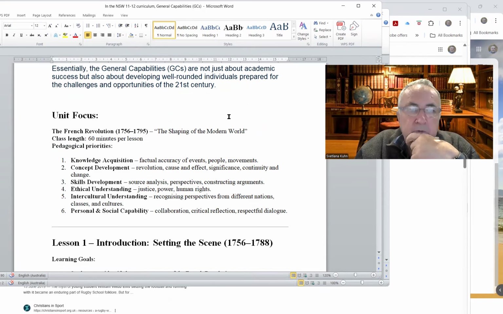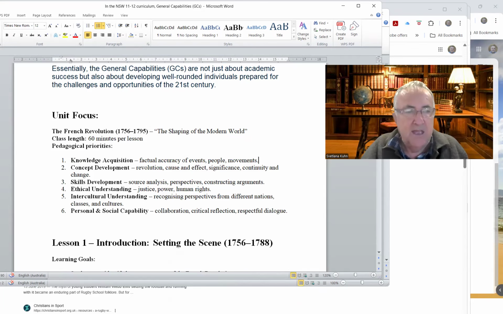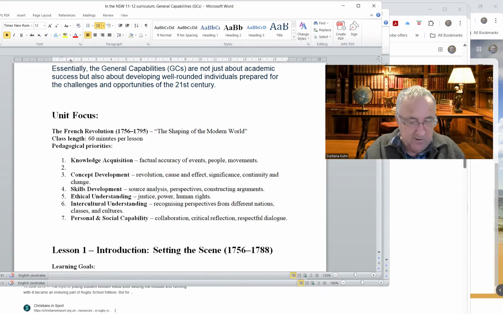Let's take as an example the French Revolution, the shaping of the modern world. We've got the knowledge of the facts before, during, and after the events, and some key people. And this then raises the question of great men, great man theory, such as Mr. Guillotine for developing the guillotine. We could speak about that for a while, couldn't we? And then there's concept development,